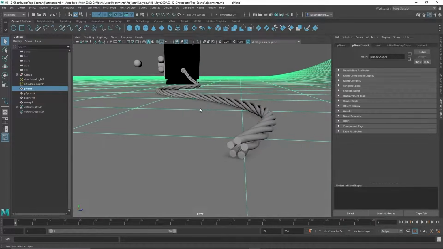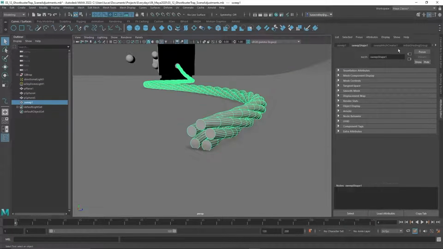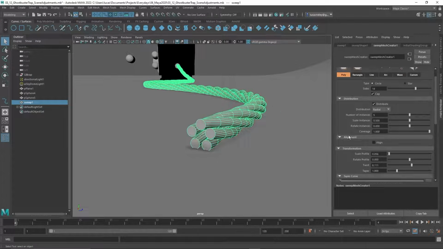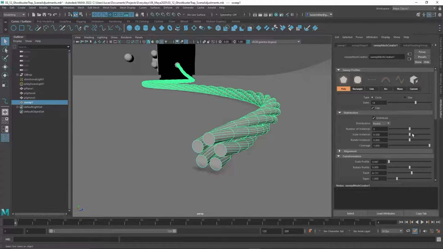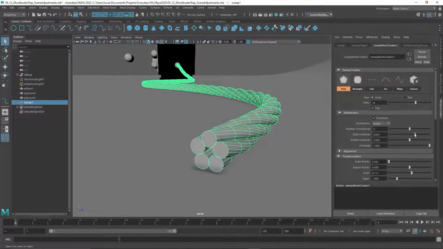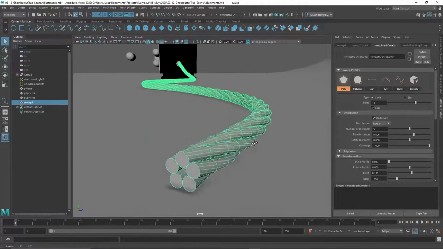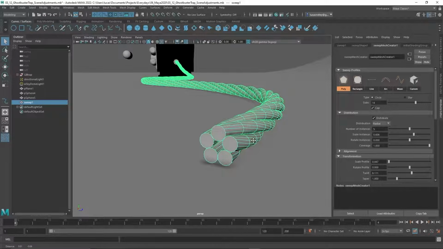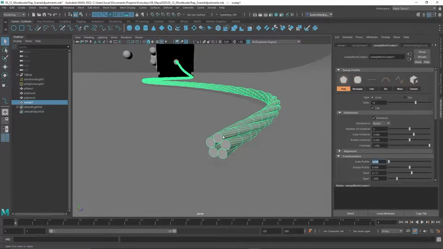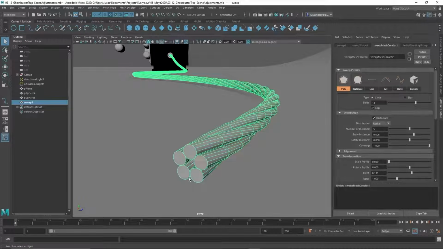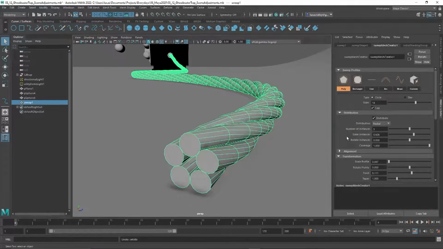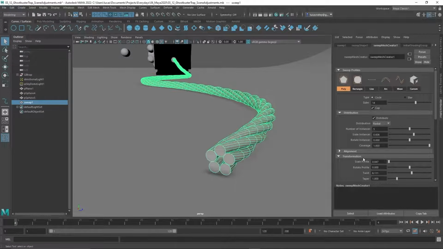Now, the other thing we're left with is the fact that these are kind of separated from one another. We can click on the Sweep Mesh Creator to get back to the menu. We can basically adjust 2 values. One is the scale of the instances, so that they start to intersect each other and connect with each other. The other issue, if you want to compensate for the fact that you've scaled everything up, is that you'd have to go into the Scale Profile and then bring that down. We can do that to maintain the overall profile of these instances at the same scale. So you'd have to tweak these together to make sure that you're not scaling everything too much. And so those are the 2 things you'd want to adjust.